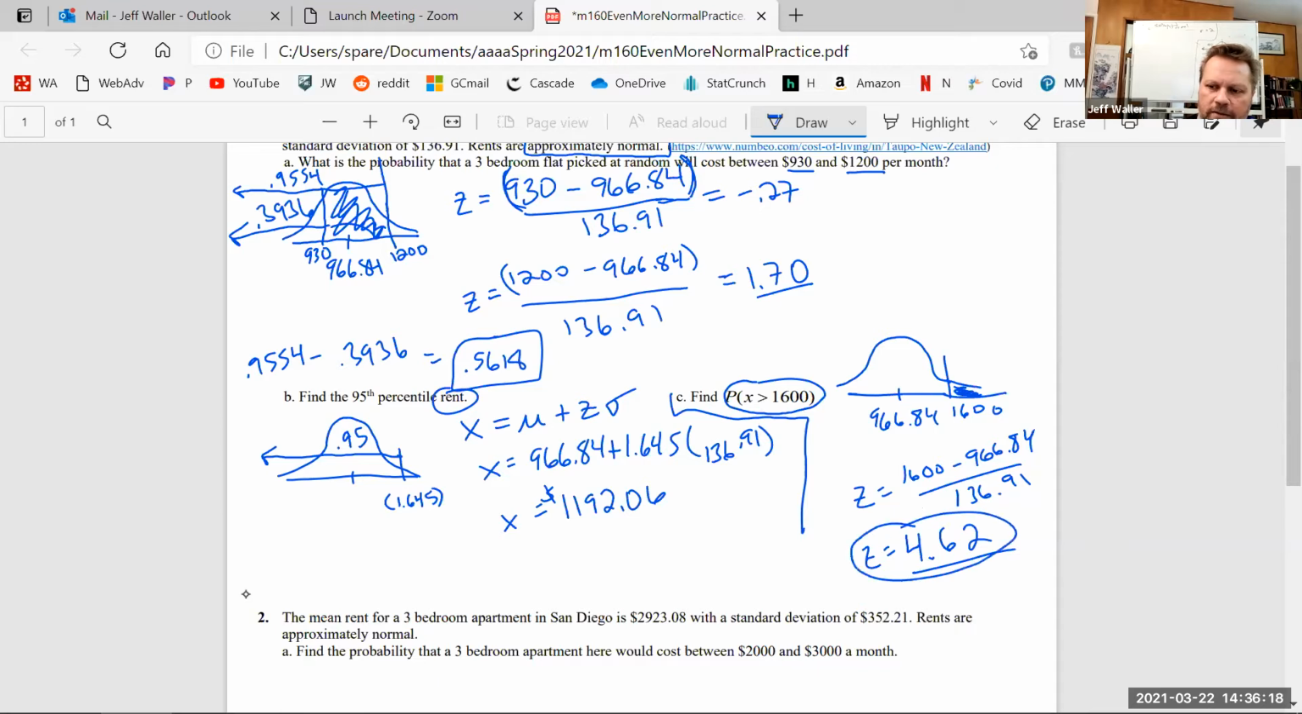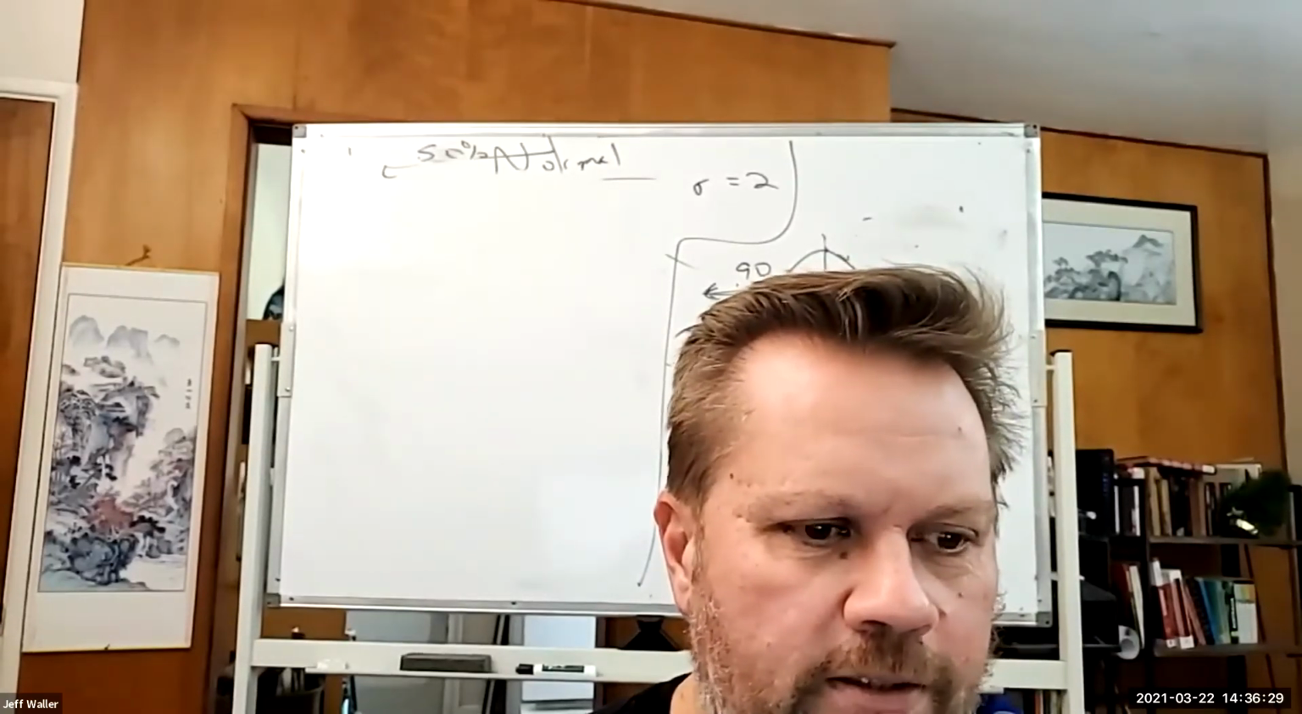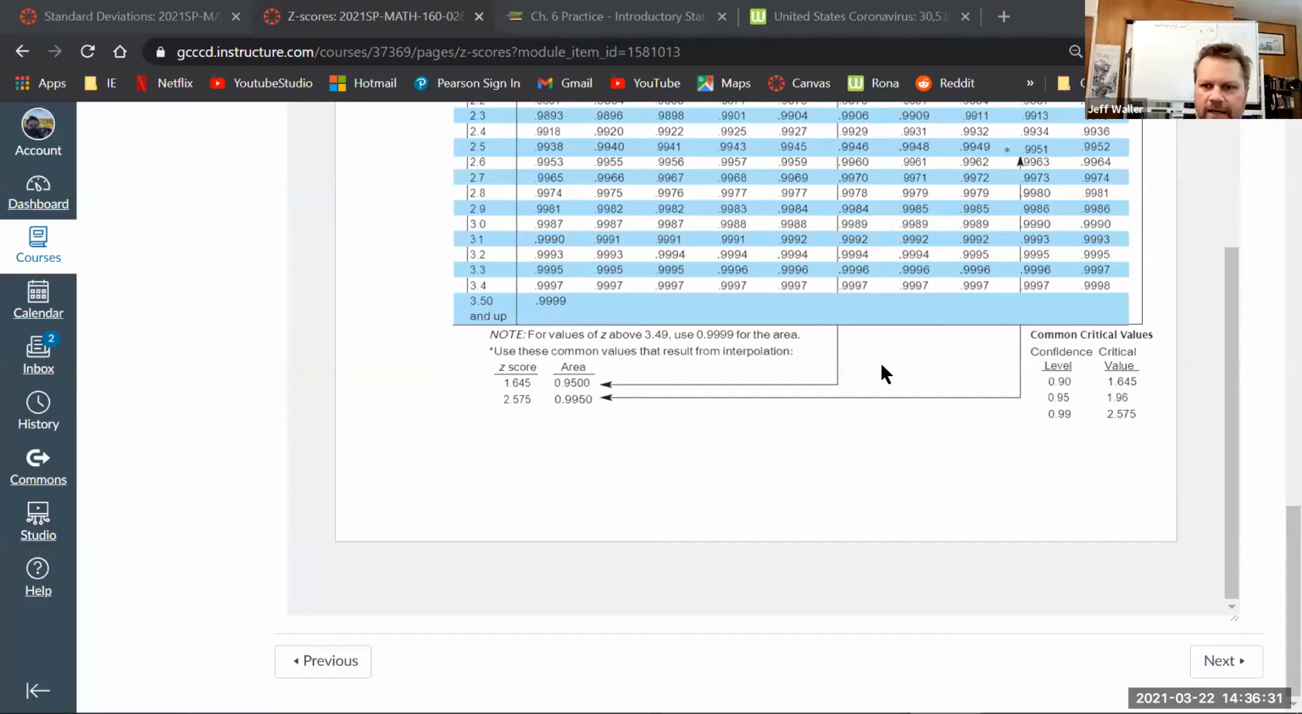Does your chart even go up that far? No, it doesn't. So here's where I disagree with the chart. Notice what the chart says. It kind of gives up. See, 3.5 and up. So this works right at 3.5. But when you get up to 4.6, this is more like